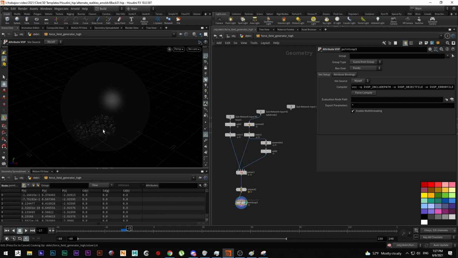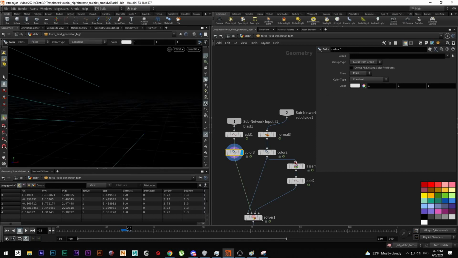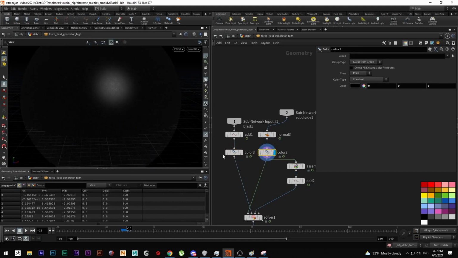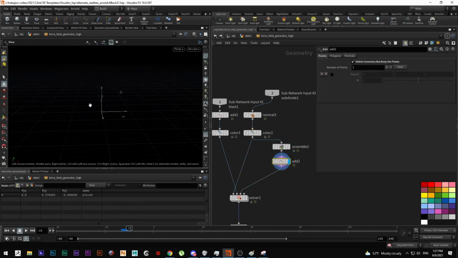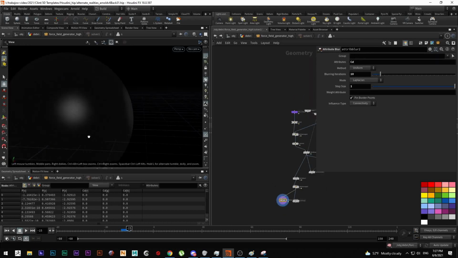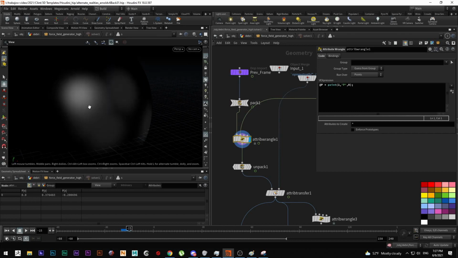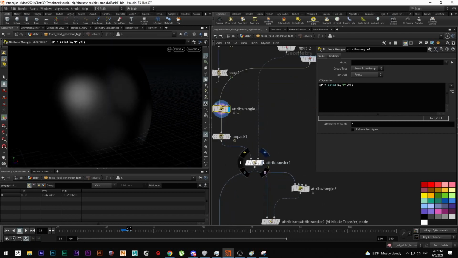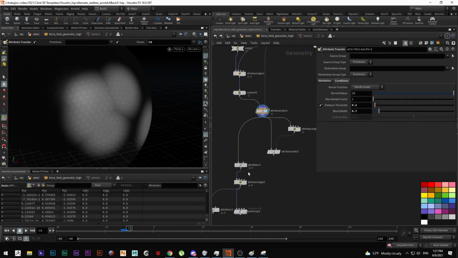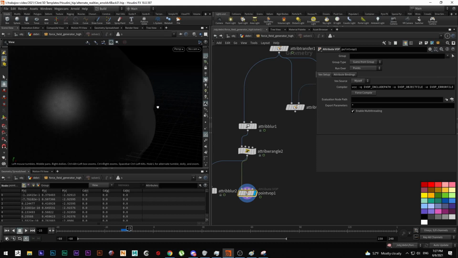Okay, what I did is basically, it's not that hard, is I grabbed the points with the color white and the sphere with color black. I assembled them and I added a point to then determine the distance between the center of the point and the outer shell. What I did here is creating, okay, where it impacts, just transfer some attributes, and each frame it goes by, multiply the color by 0.2, hence it goes smaller. Why? Because I want to